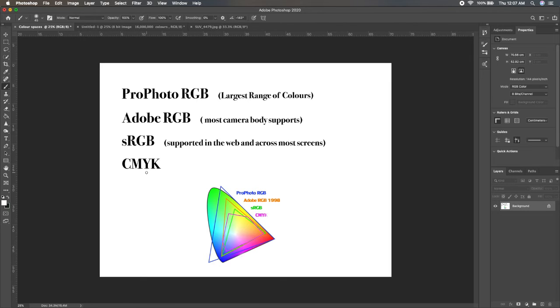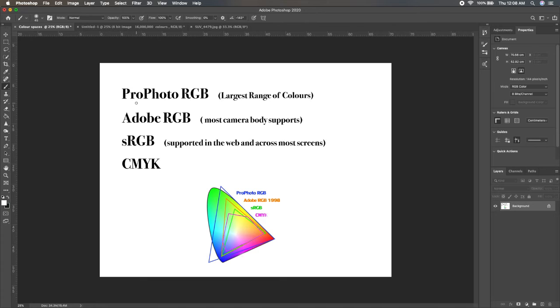Now let us understand the difference between all these 4 and what color spaces are. Let us consider that a color space is the thing that supports a range of colors. The color space with the widest range of colors, which supports many colors, is ProPhoto RGB, and the color space which sets a small range of colors is CMYK. Now, supporting a big range of colors and a small range of colors both have their own drawbacks, limits and advantages.